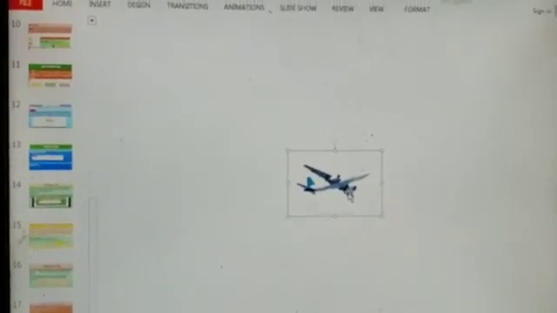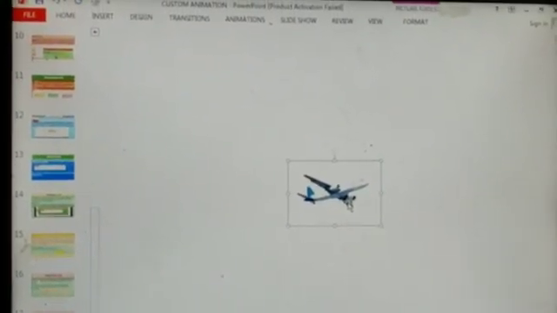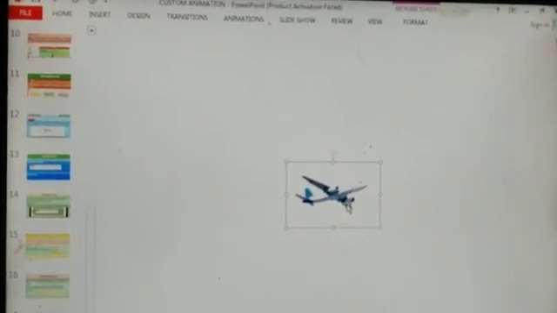After you add the object to the slide, drag it to the location on the slide where you want the object to start moving from. Select and move it to the place where you want to move from.